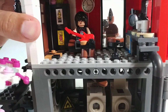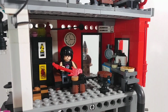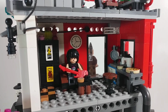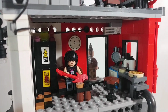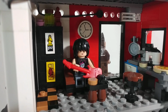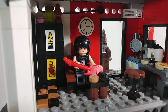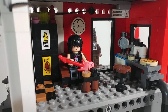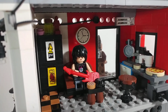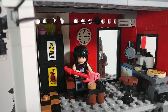So now let's take a look at the interior. In the interior you can see that it has a very rock vibe to it, and you can see your rock fan right there, kind of like a punk female, and she has an electric guitar and that torso piece which came in the Skater Girl from one of the early minifigure series. Then I switched out the arms for flesh color,